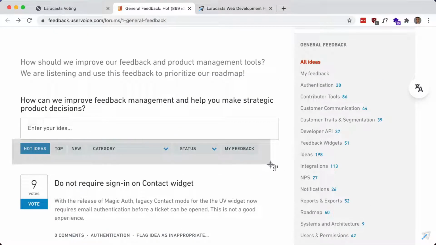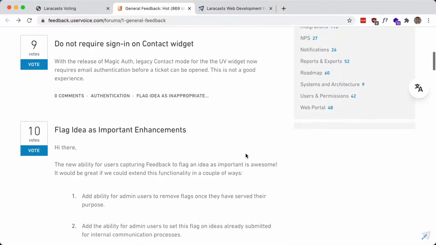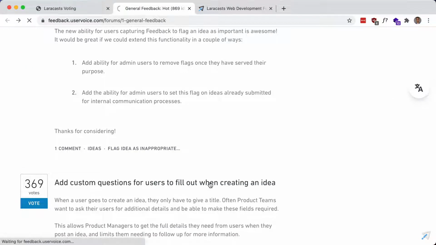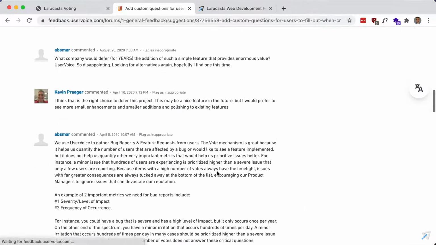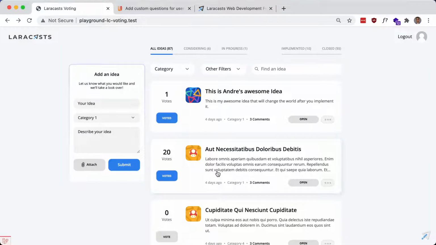filters here. So if you click into one of them, you can see that the users can also comment. So there is a discussion about this idea. So as you see on the screen now, here is the design of a Laracasts version of this app. You can see the list of ideas here, the number of votes for them, the ability to vote, their current status here, a form to create a new idea here on the left, and a bunch of filters here, and even up here,